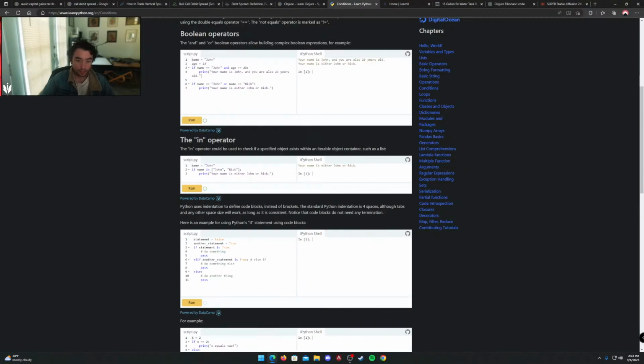Python uses indentation to define blocks instead of brackets. The standard Python indentation is 4 spaces, although tabs and other space sizes will work as long as it's consistent. Notice the code blocks do not need any termination. Here's an example of using Python's if statement with code blocks. If the statement is true, which it's not,